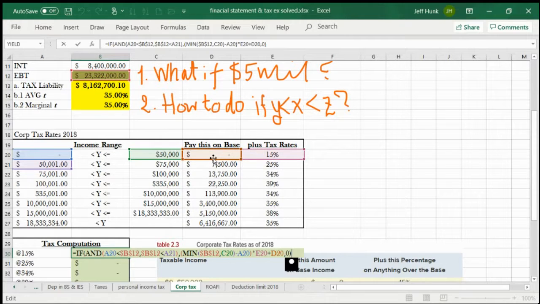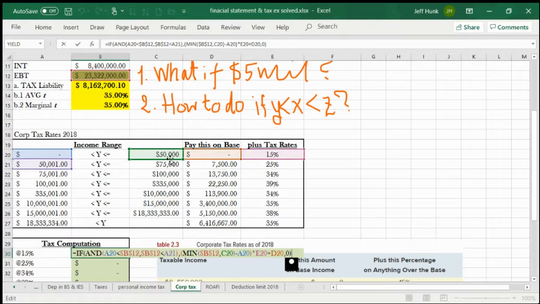You pay this like a base. I call it base amount, but that can be misleading, because base is the lower bound. Base is actually the lower bound. So pay this amount on the base, that means on the lower bound. So for each bracket, there is a certain fixed amount you have to pay, and then above